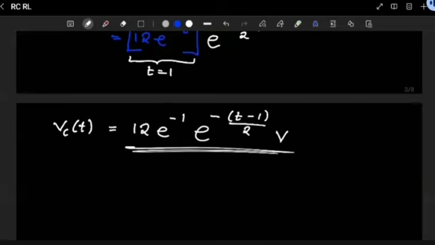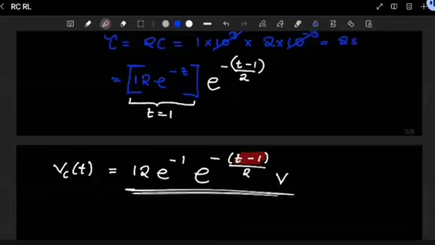You can evaluate what 12 e to the minus 1 is, or you can leave it like this. So the question